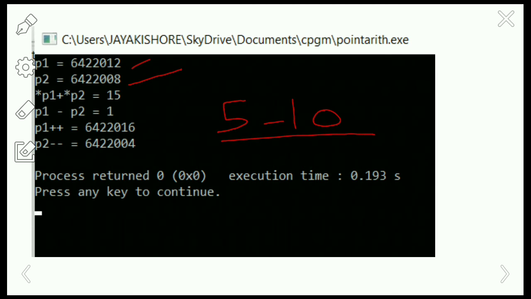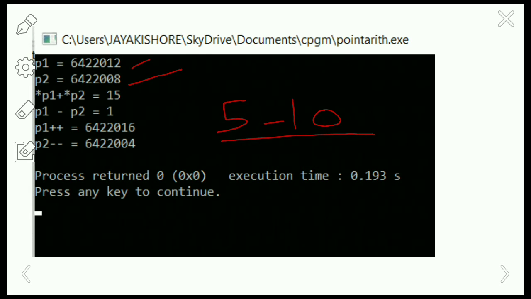So what is the data type that we are using here? Normally an integer in a 64-bit machine is 4 bytes, so we divide it by 4 bytes.